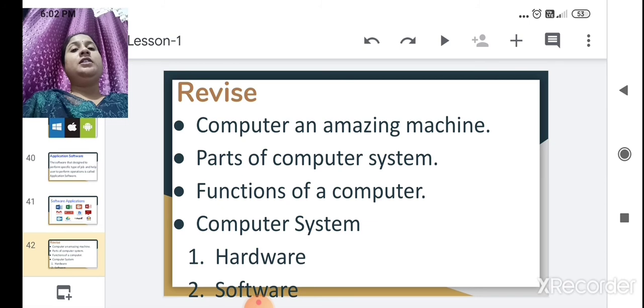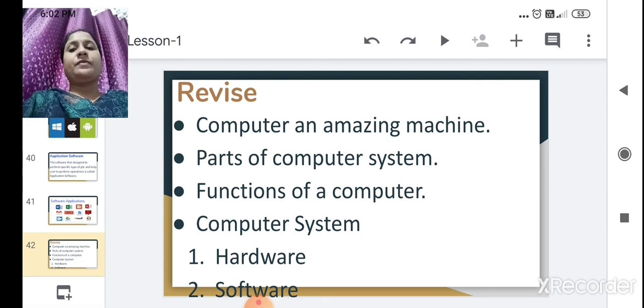In output devices we have seen printer, speaker, monitors. The same way, software is also divided into two parts, that is system software, which we also call the operating system, and application software,